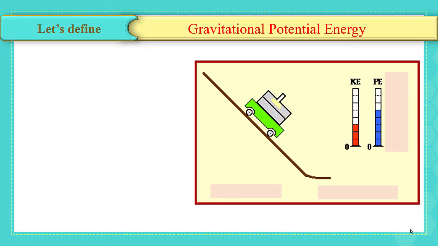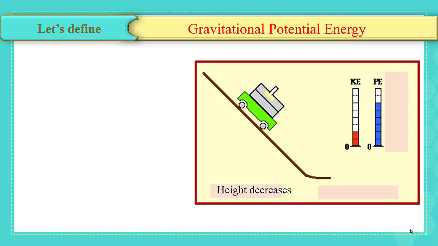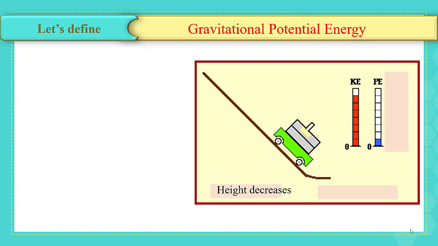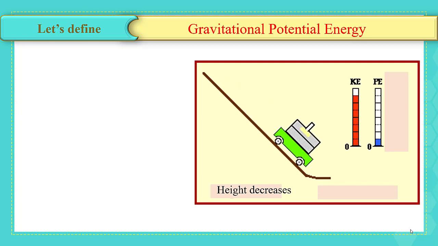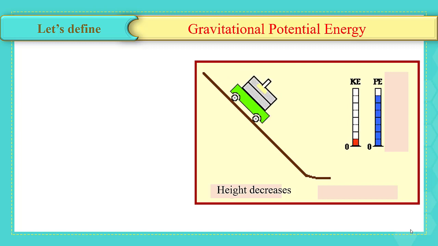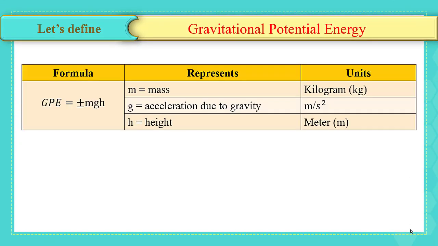And in this animation, we see that as the car moves down along the inclined plane, the height decreases. So the potential energy, as shown in the indicator, also decreases. So we can say that the gravitational potential energy is proportional to the height. So the expression of the gravitational potential energy is equal to plus or minus mgh, where m is the mass of